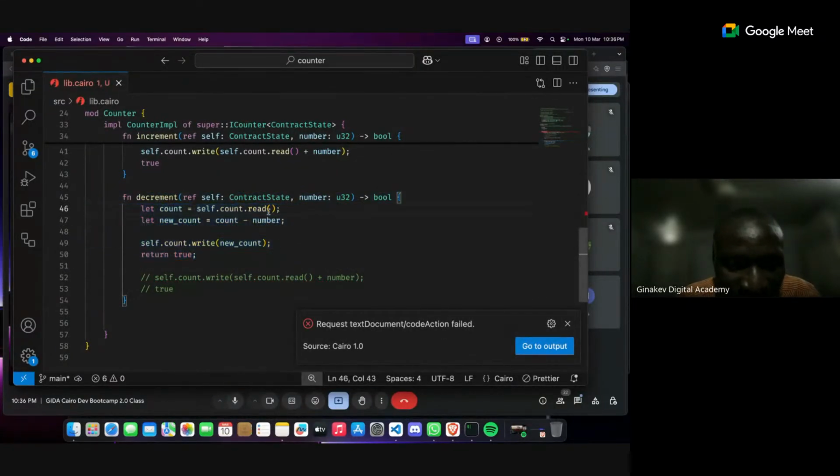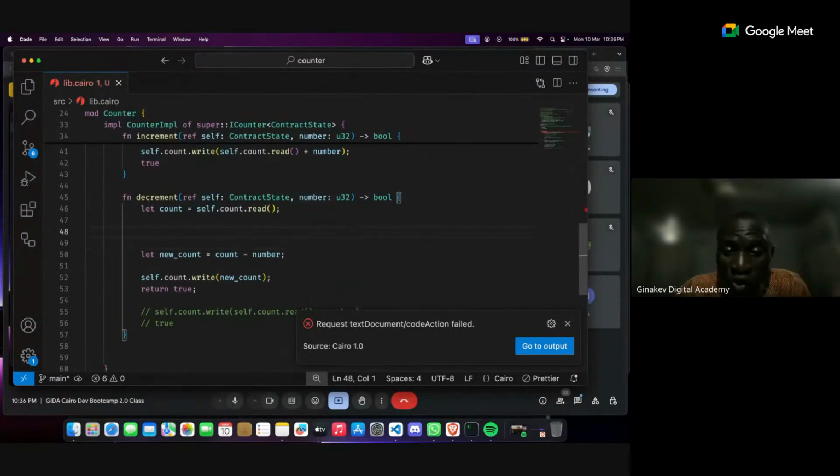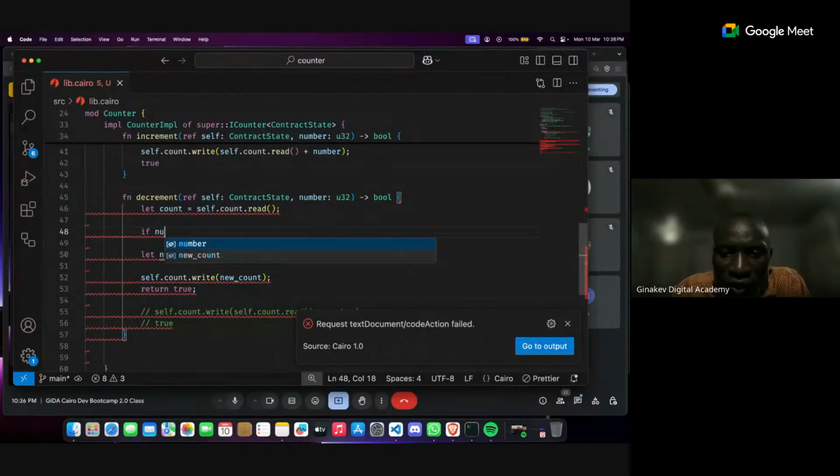So now, after reading this, we first need to do a check. Now that check depends on how you want to do your own check. No particular check is the most correct one. You can decide to do a check after this, or you can decide to do a check before doing this. So let me do before. So before, I can decide to check that if number,